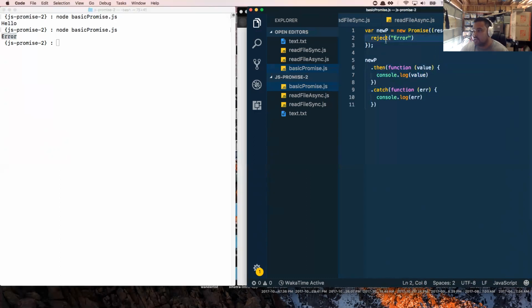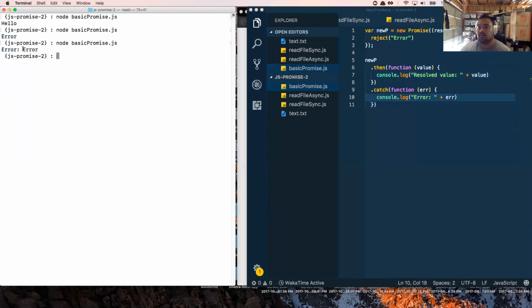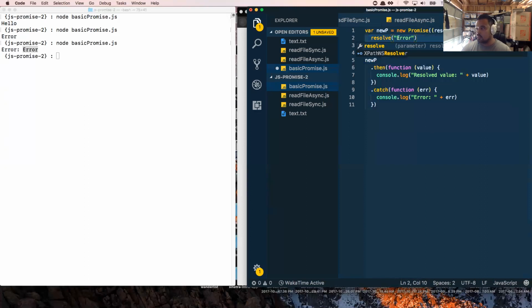Now we're rejecting, so we're hitting the catch. And just so you know, resolved value is that, and error is that. Cool. So error is error,